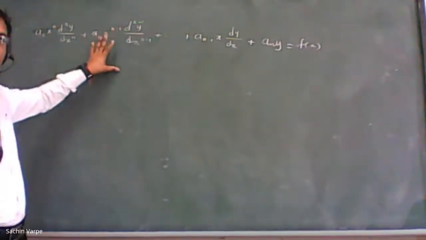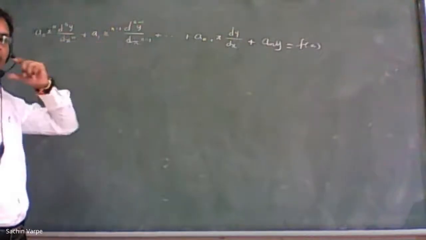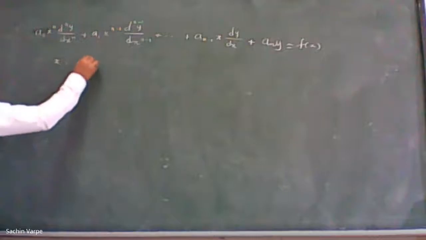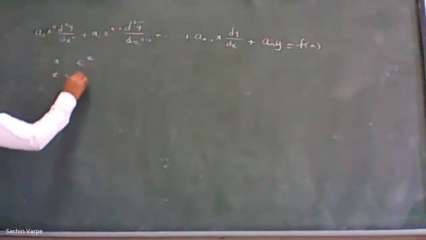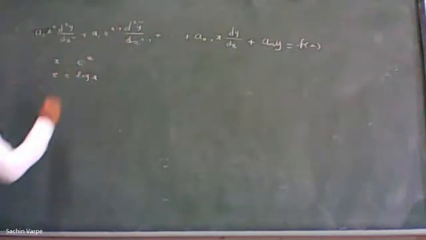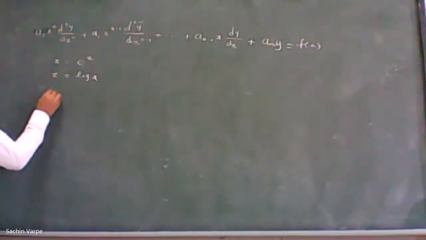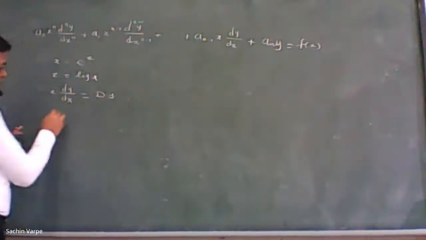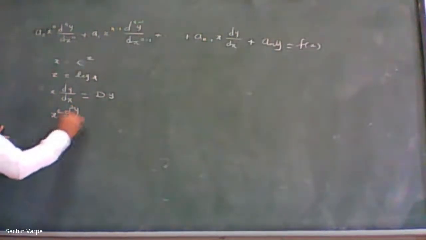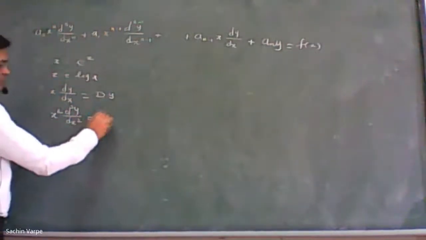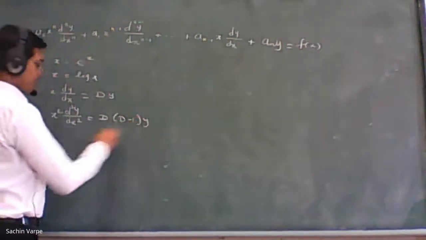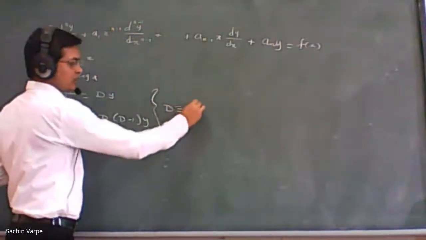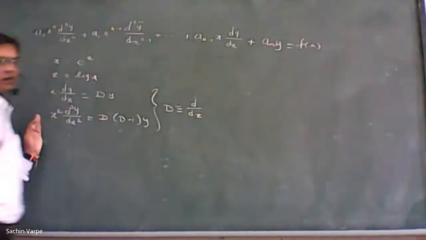So to reduce this equation into a linear differential equation with constant coefficients, the main substitution is x is equal to e raised to z, and with the help of this we have z is equal to log x. The substitution for the differential terms with non-constant coefficients: x dy by dx we substitute as capital D y, x square d square y by dx square we substitute as D into D minus 1 y, and so on, isn't it? Where this capital D is now the differential operator with respect to the new independent variable z.